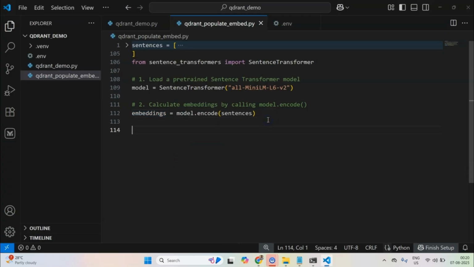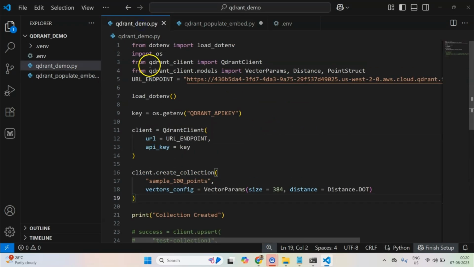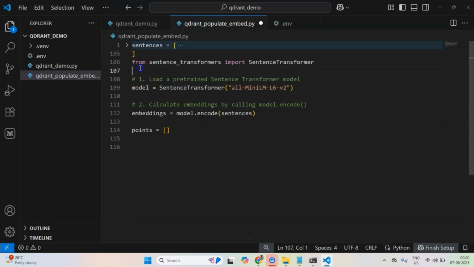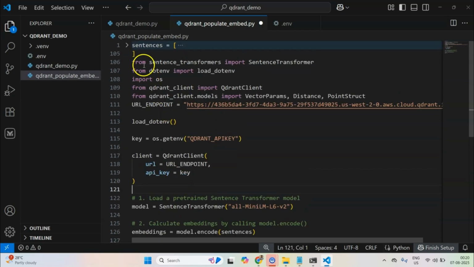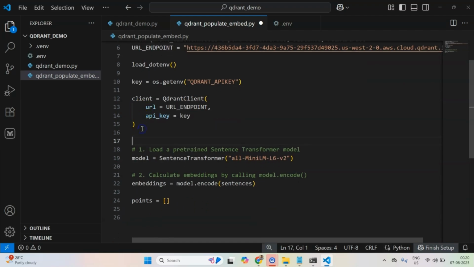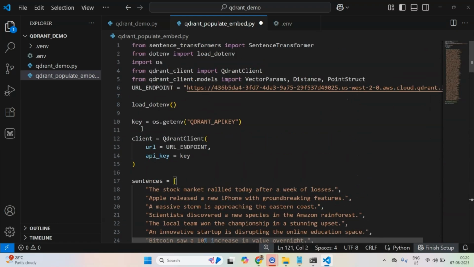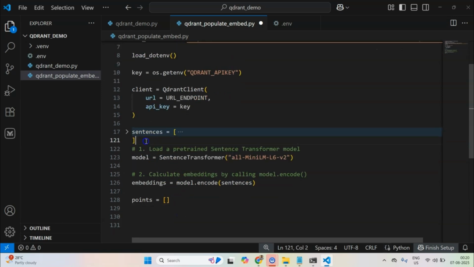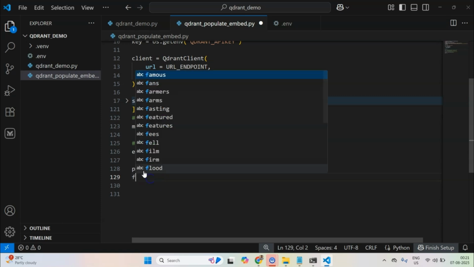Then let's copy this whole code so that we don't have to write all of this again, and copy the sentences from here down to here, and minimize the sentences again. Now once the model has encoded all the sentences, we need to create points.